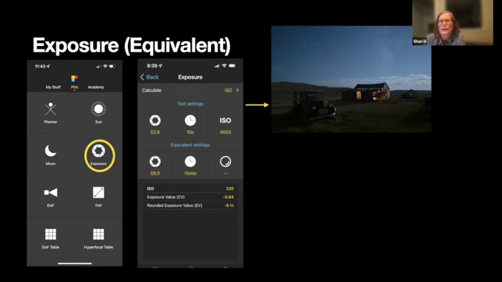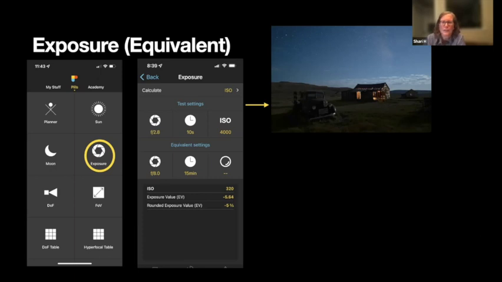The moon is up in the sky. There is the Milky Way, but as you can see, I can barely see it because we had a pretty bright moon. But I have some pretty good light on the landscape. And so my test settings for this shot were f/2.8, 10 seconds at ISO 4000, and I was pretty happy with those settings. What I can do though is if I want to take a longer exposure for star trails,